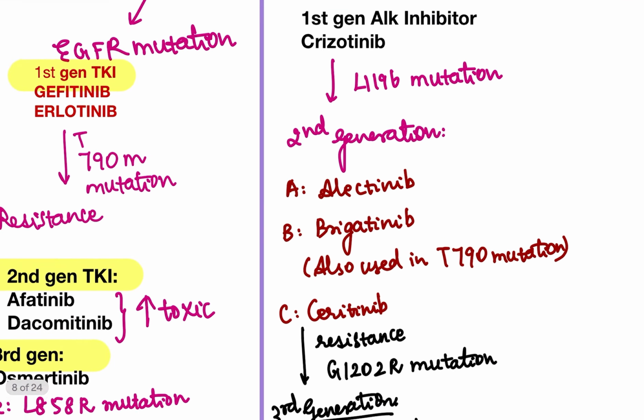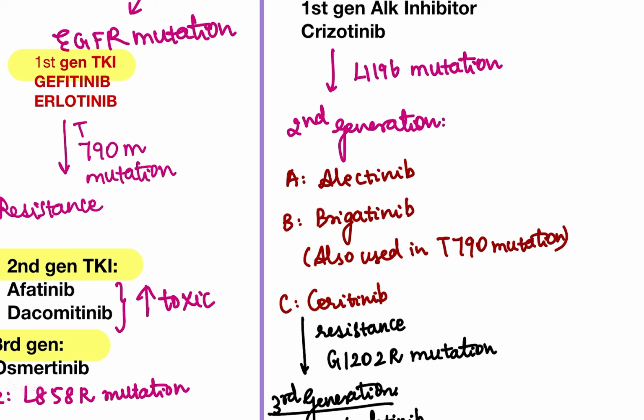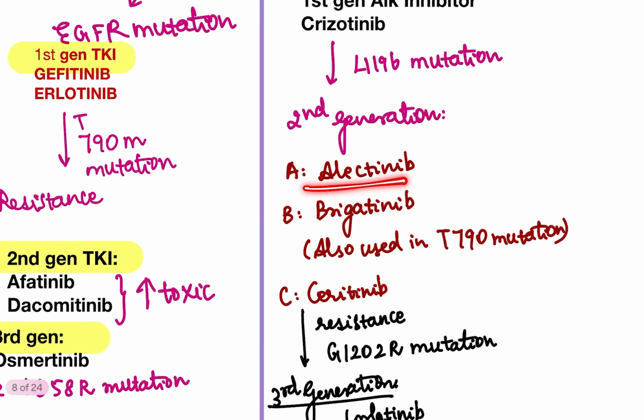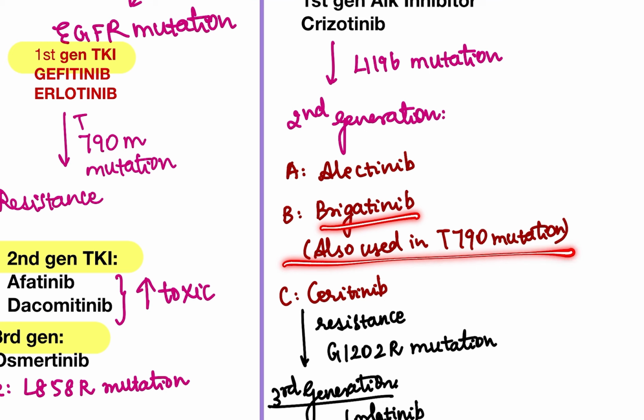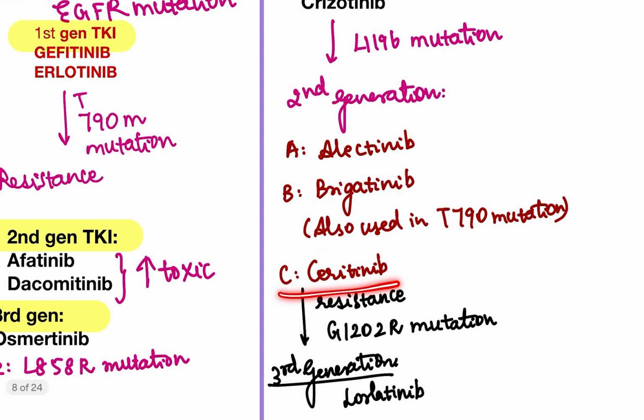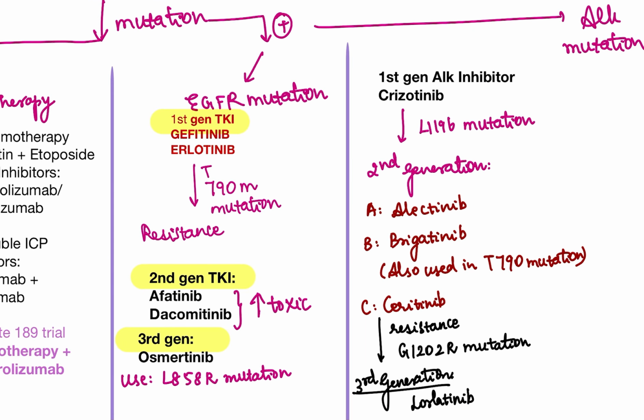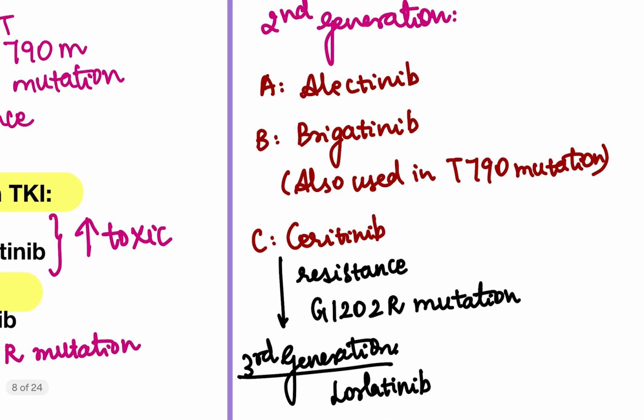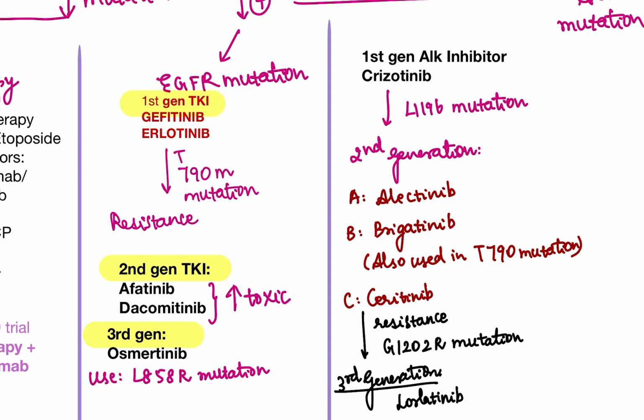Let's learn about the ALK mutation. If the patient has got ALK mutation, you have to give first generation ALK inhibitor, which is crizotinib. L1196 mutation, you have to give a second generation, which is alectinib, brigatinib, which is also used in T790M mutation, ceritinib. If there is resistance to that, you have to go for a third generation one, which is lorlatinib. These are the various ALK inhibitors. The first generation is crizotinib. L1196 mutation, go for second generation. Alectinib, brigatinib, which is also used in T790M mutation, ceritinib. Ceritinib, if there is resistance to that, especially when there is G1202R mutation,